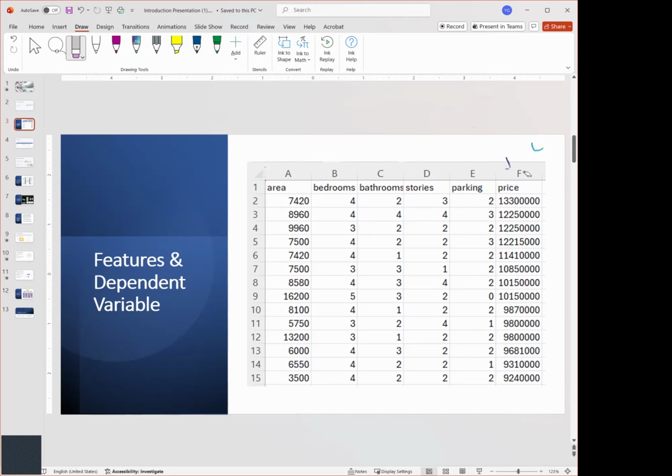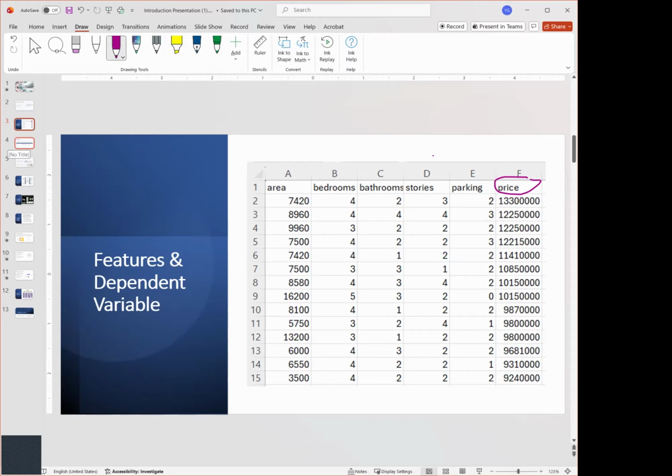So it is important to understand this because otherwise you're going to be confused, because the whole point of machine learning, which is actually a subset of artificial intelligence, is to make predictions, okay? In this case, we're predicting the price of a house, or you might be predicting the price of a car. That's what machine learning is used for.